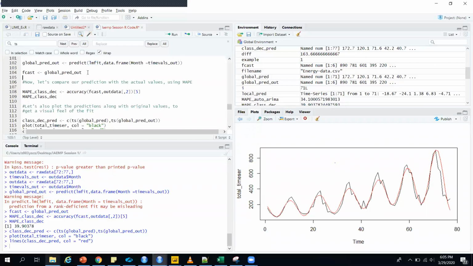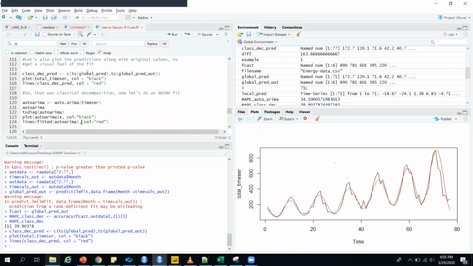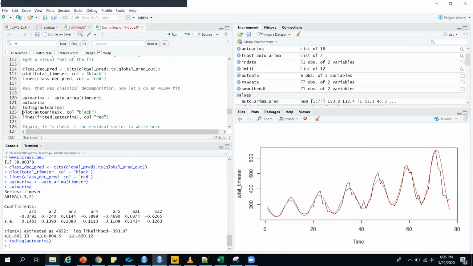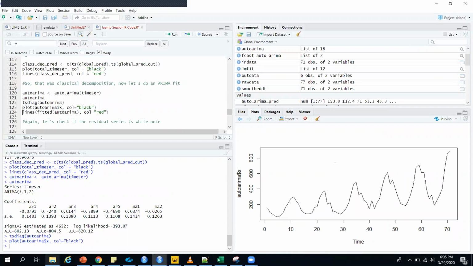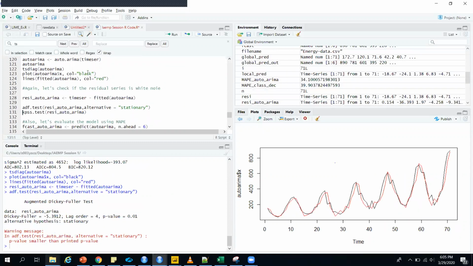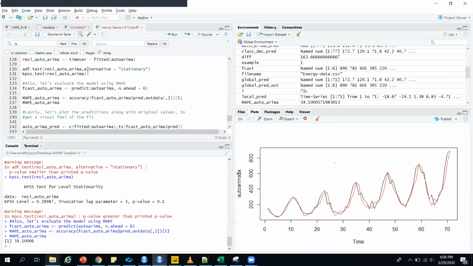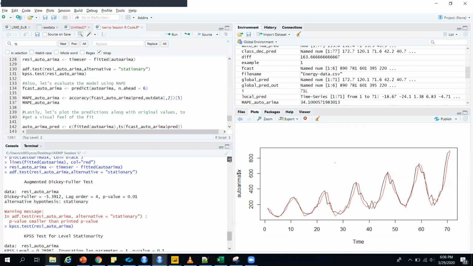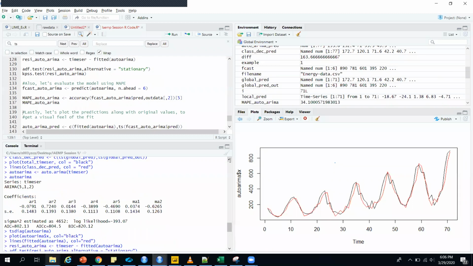Now, as you all know, auto.arima gives my local prediction also. So let's do the local prediction and add it to the value. Now see what my MAPE value is. You see here, now the MAPE value has been reduced. It is 34.1. So previously, only with my global prediction, my mean